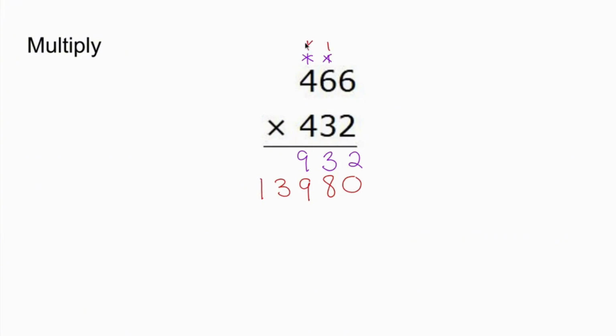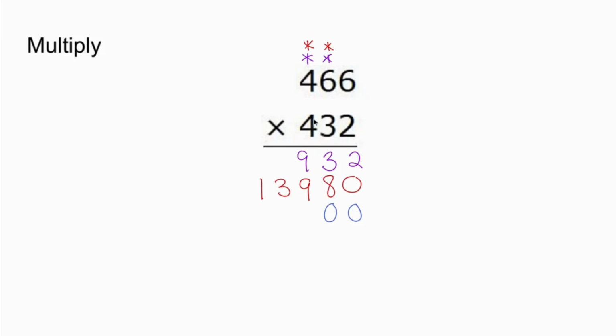Now let's cross out these numbers so that I don't accidentally use them again. And let's move to our final number in our final row. Now this is the hundreds place value. What we do here is we attach zeros in both the ones and the tens place value before we start multiplying 4 to everything. Now we multiply 4 to these numbers right to left, knowing we're going to have to